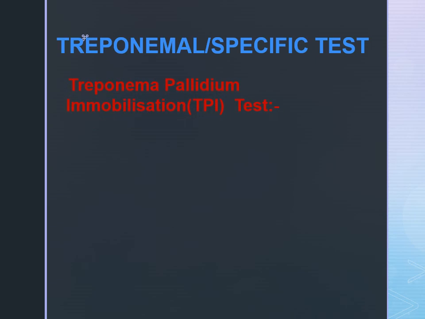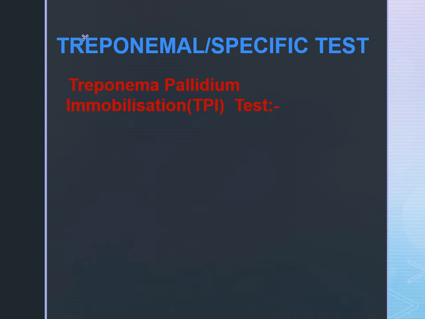One of those is the treponema pallidum immobilization test. What we do in this test is we take live treponema pallidum, and that strain is called the Nichols strain. That is the pathogenic treponema strain, the Nichols strain, which is taken on the slide, and when we examine under the microscope, we use dark ground microscopy. So we will notice these spiral bacteria, which are motile.